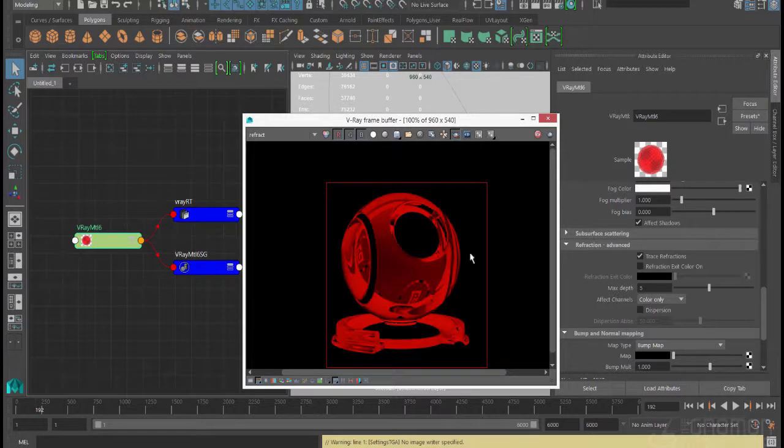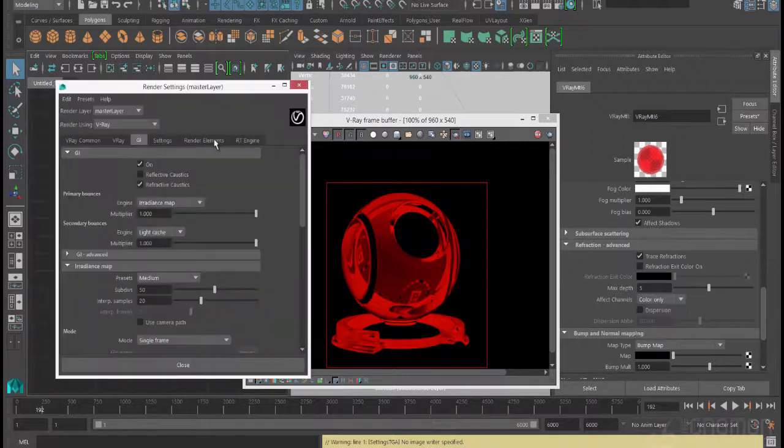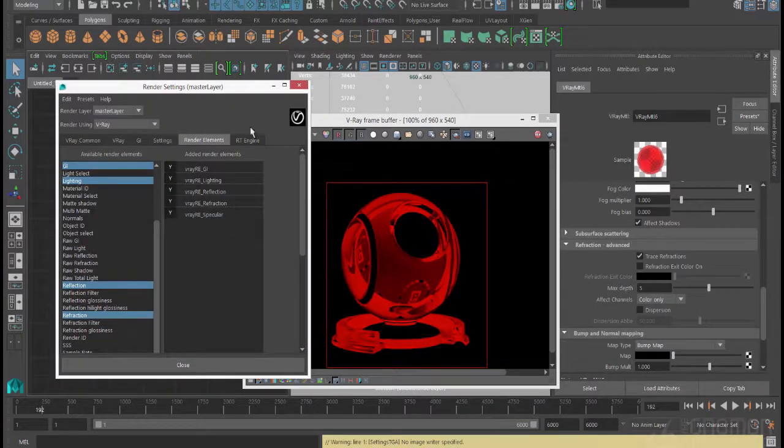The way I like to think about this stuff is a lot of times in full CG environments, I do kind of prefer to have this set to color only, because in this kind of situation that we're looking at here, it is kind of nice to just go in and simply have one place for your refraction to be graded. That being said, if you're dealing with render elements, like having an RGB matte of some kind,